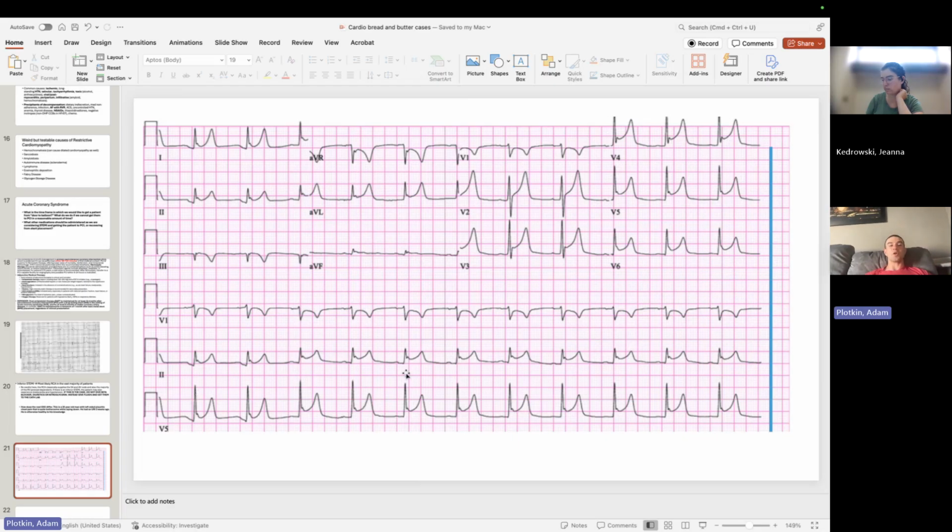Another thing you might see in effusion is what we call a low QRS voltage. So the vast majority of your EKG leads will have a very small QRS. They'll be less than a bigger box, like one of these ones. So it'll be less than 0.5 millimeters. So that's something to look out for. That's again because the fluid is in between the EKG lead and my heart. And so the fluid is stopping the EKG lead from picking up the QRS voltage, the ventricular depolarization. So no electrical alternans, no low QRS voltage here. So there's probably not an effusion, right?